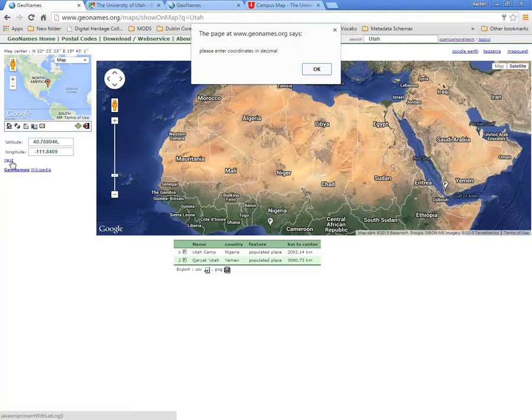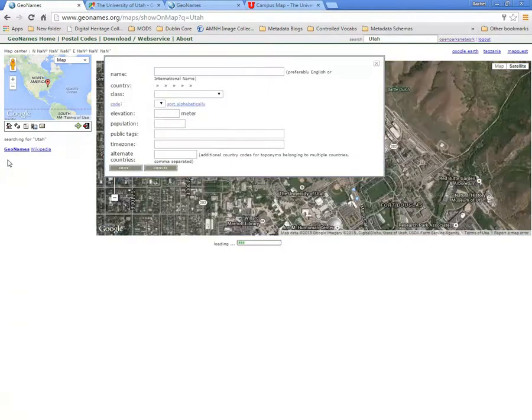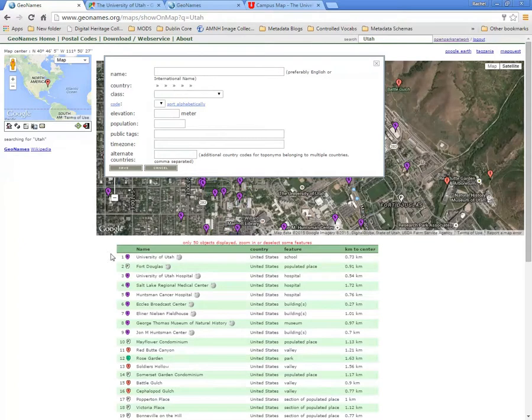Please enter my coordinates with a decimal. Okay, it looks like this comma here is throwing things off. It was not needed, and I have a space there, so let's fix that. Okay, so now it looks like we have that latitude and longitude in the right space. And again, the pop-up for adding a new record comes up. So we are going to add the Utah